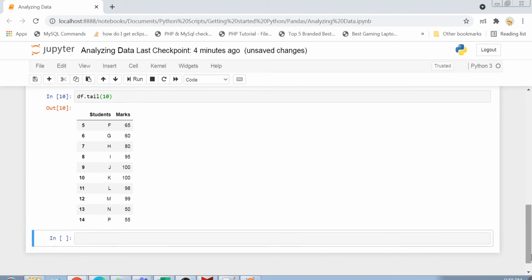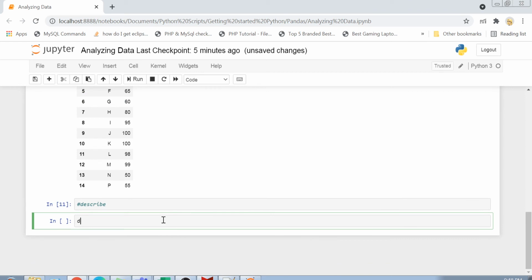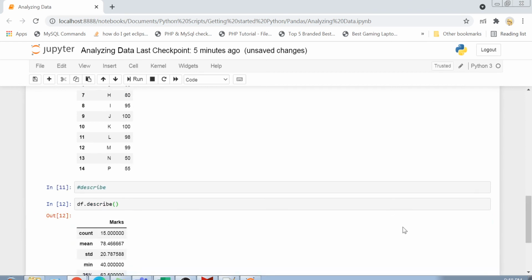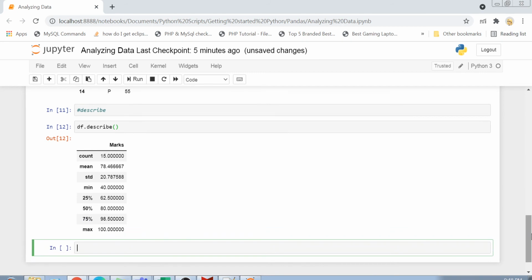Now we want to use something called describe. In pandas there is a function called describe, and you can see that the describe function only gives you the numerical column data.